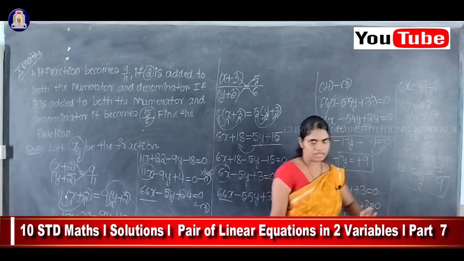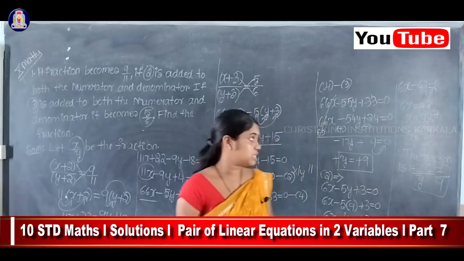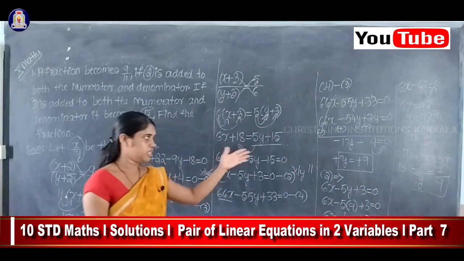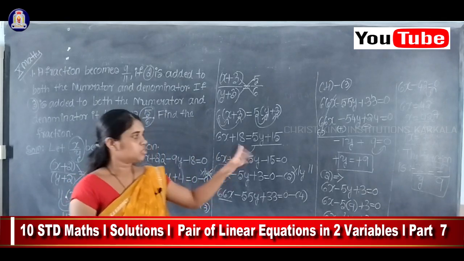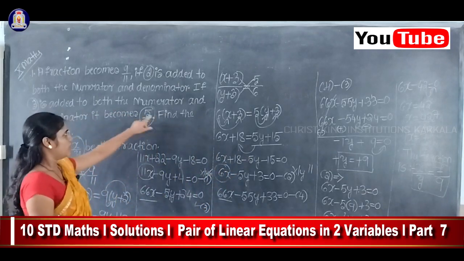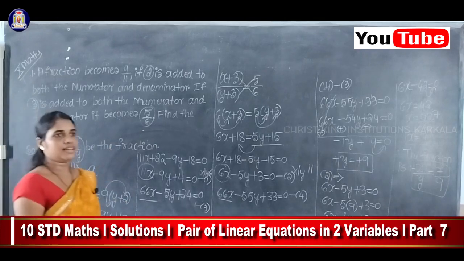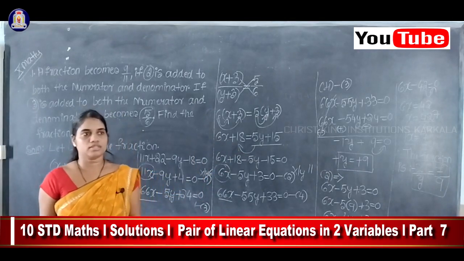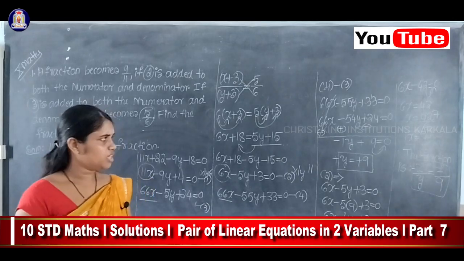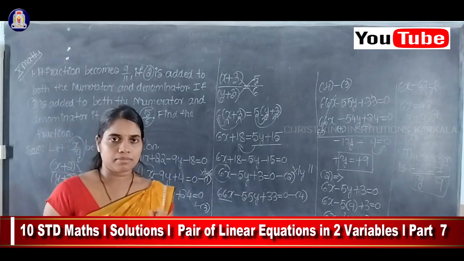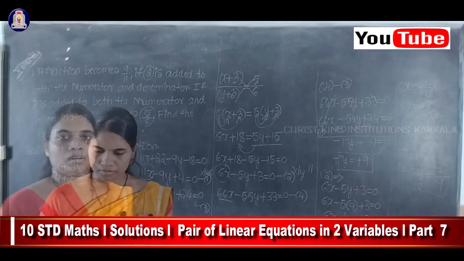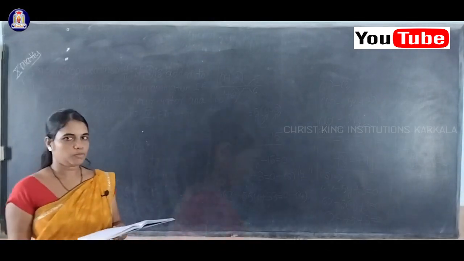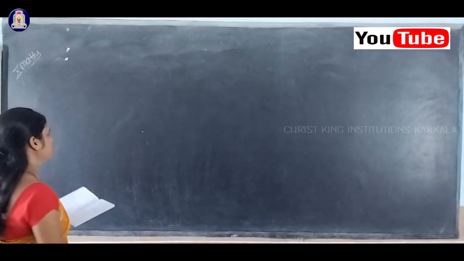Okay, x by y considered. So in the place of x, substitute 7. In the place of y, substitute 9. So 7 by 9 is the fraction. So the required value of fraction is 7 by 9. Okay, see students, this is an important question and a very easy question also. Write and practice this problem. So similarly, I will consider one more problem, another problem of the same type.